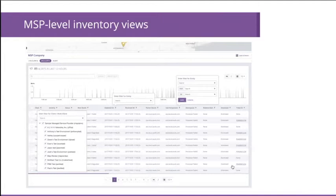So on the inventory side, the main purpose of this is really surfacing as much information as possible at the MSP level around all the different devices that we have visibility into. So if there's things like a vendor releasing a product vulnerability announcement, like just happened this morning, it's easy to go in and quickly understand what devices you have that could potentially meet that vulnerability. Or it's other things like capacity planning and understanding what types of devices you have in your environment that are going to be end of life soon,